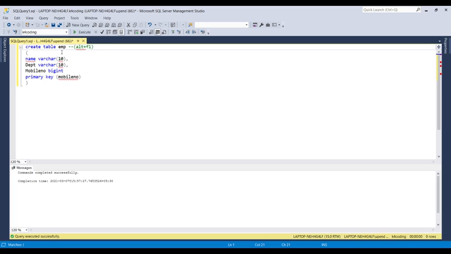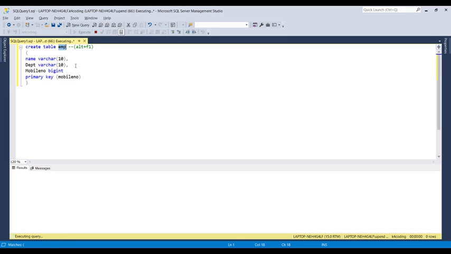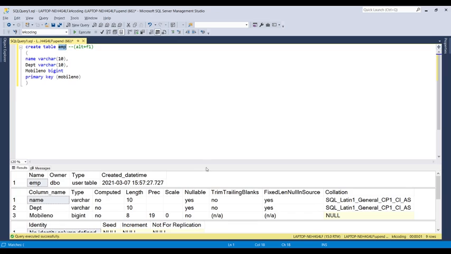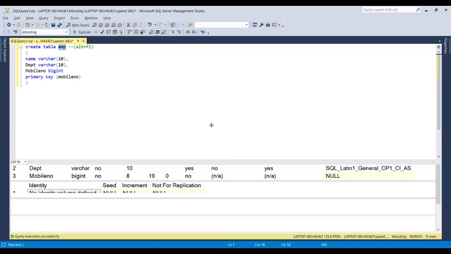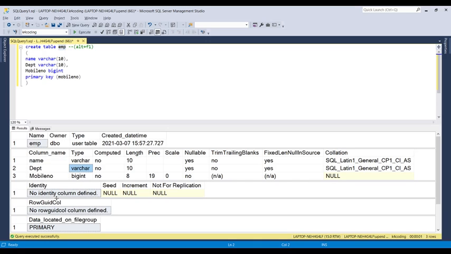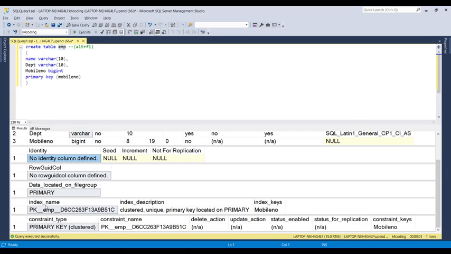As you can see, it displays the table name, type, column names, identity column names, and field values, and my primary key. The index keys are set on mobile number, as we mentioned in the primary key.